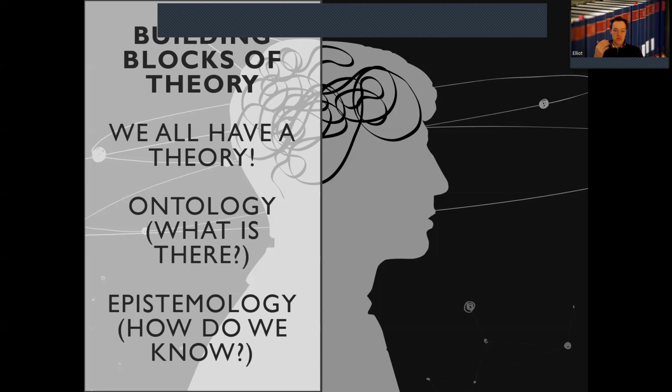Whereas epistemology, which is from the Greek for knowledge, means how do we know about those things out there, right? So how can we investigate and understand those things? Again, thinking about natural sciences, because this is maybe what most people are popularly familiar with, the epistemology of natural sciences is called an empiricist one. So, they can understand the ontology of the world or what is there, which is basically stuff, through accounting for it with the senses. You can see it, you can hear it, you can feel it, that kind of thing. So this is an empiricist epistemology.